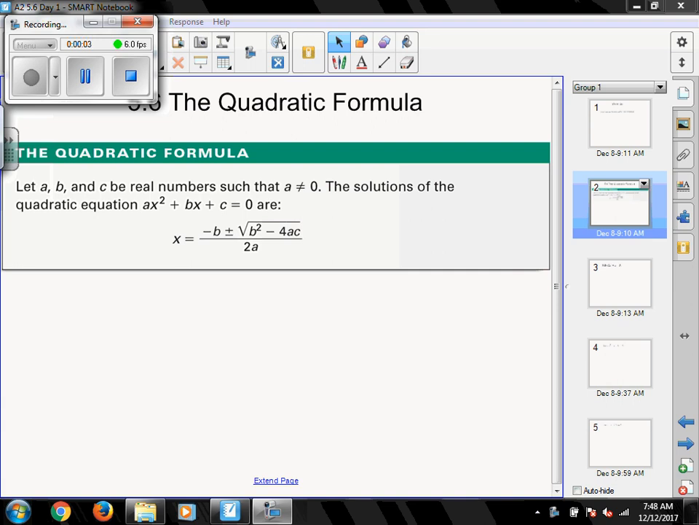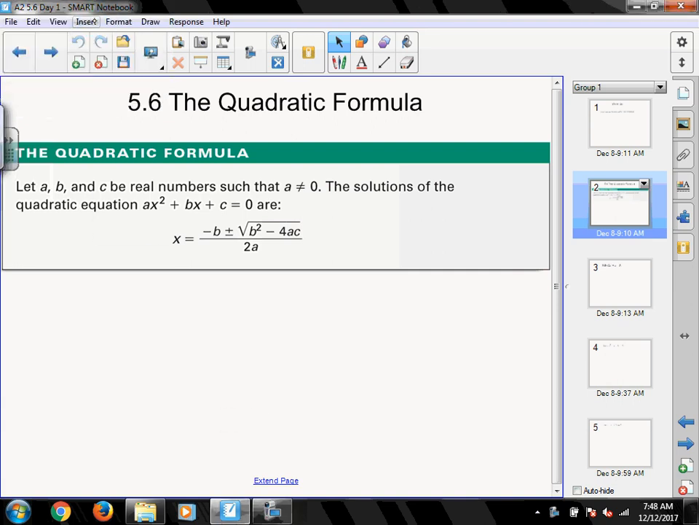Hi everybody, welcome back. Today we're going to start talking about section 5.6, which involves the quadratic formula. For the quadratic formula to work, we're going to let a, b, and c be real numbers. They're going to be the coefficients just like they were in chapter 1. So you've got ax squared plus bx plus c, where a is in front of x squared, b is in front of x, and c is just a number